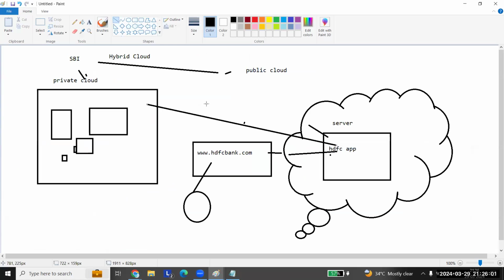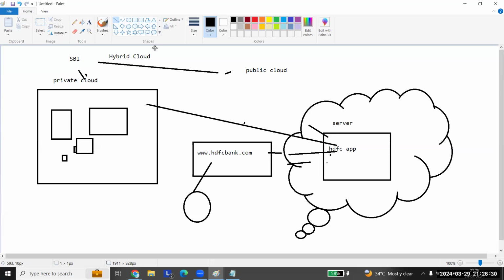Okay. So you will not directly access the private cloud. The request will go to private cloud. It will validate that username, password is right. And if at all you are not logging in from the same machine, or it detects that you are not you, it will ask you some additional details. Then after that is authenticated, the request from this public cloud will go to private cloud, and from private cloud it will get the data and show it to the user on the browser.